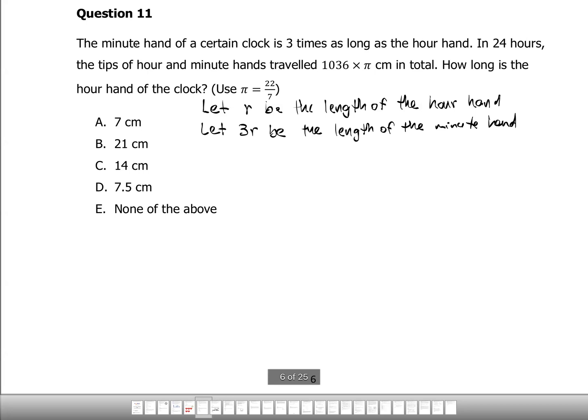We know that the length of the hour hand is the radius, and we can figure out the circumference traveled by the hour hand in 12 hours. As the clock only has 12 hours on it, we can then times by 2 to get the 24 hours. And so in 12 hours, the distance,